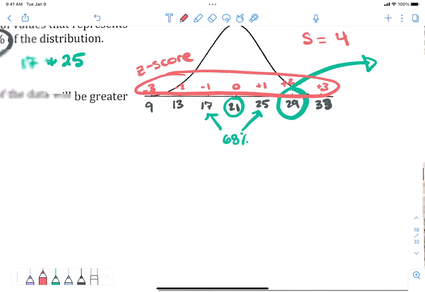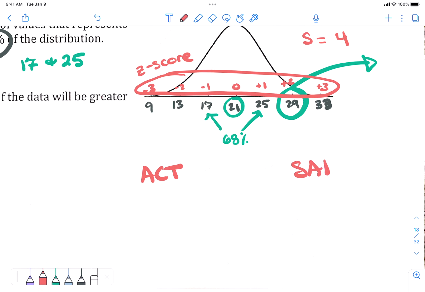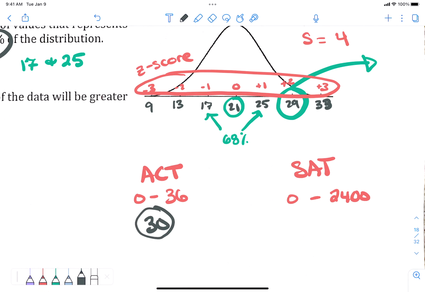Another thing that might be compared, let's say you have an ACT score over here and you have an SAT score. ACT scores go from 0 to 36. SAT scores go from 0 to 2,400 or something like that, right? So if somebody scored a 30 on an ACT, did they do a good job? Yeah, this is a good person, right? If they scored a 500 on an SAT, is that very good? No, but if I'm trying to compare those two things, it looks like the person that has an SAT score of 500 did better because